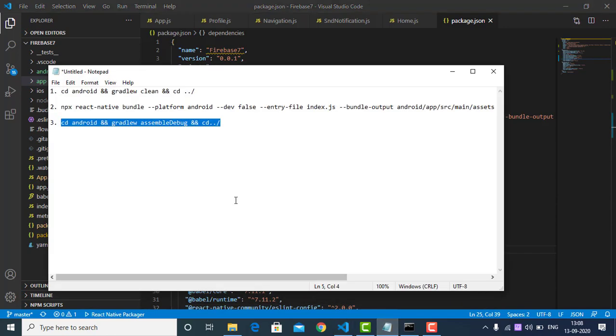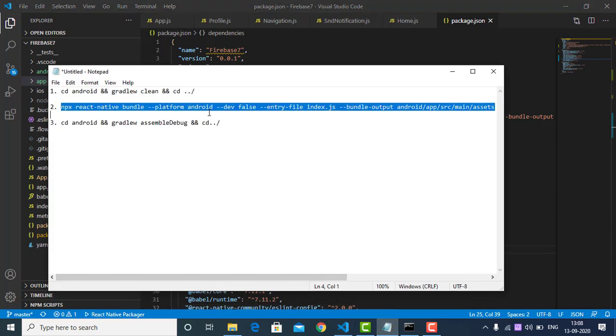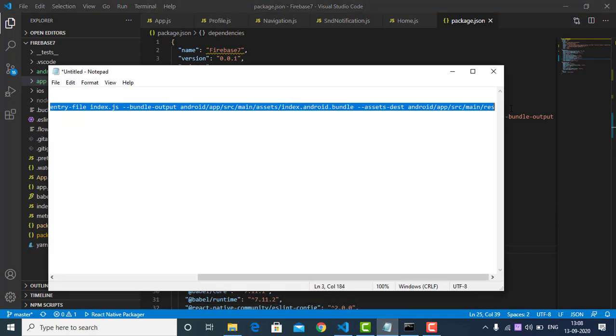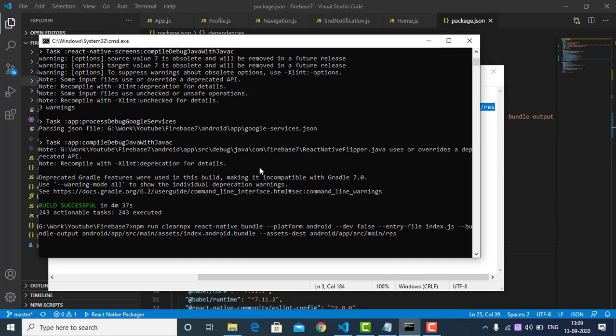So before that we had to copy this line, then enter it over here, sorry, we had to enter this long command.